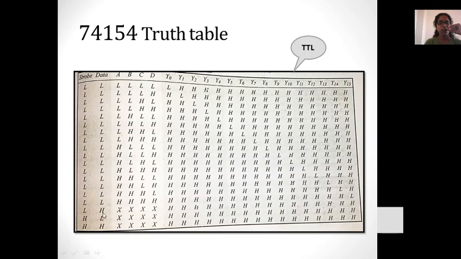And again showing the conditions when strobe is low and data is high. You can see data high. No, it won't work. Both the strobe and the data should be low. That is just telling, again, the importance of TTL. High-low, no, it won't work as a demultiplexer. Both high, it won't work as a demultiplexer. Whatever the control signals are, it will just show all the outputs high, which means it is disabled. That is the truth table of 74154.